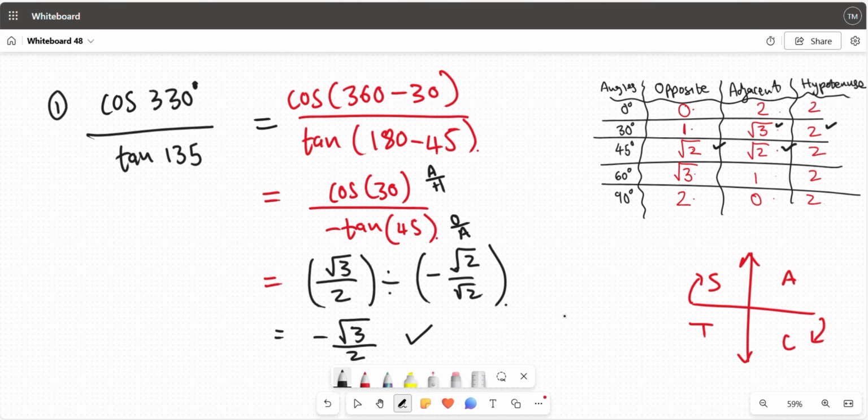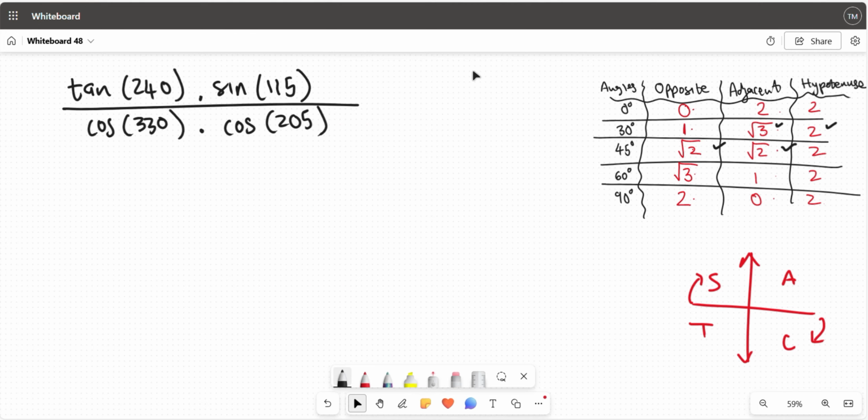So there we go. This is how you apply reduction with special angles. Let's do another question. All right, let's try this one. This one is a little bit harder than the first one. But again, we're still going to reduce these guys. So the first one, I'm going to reduce that as